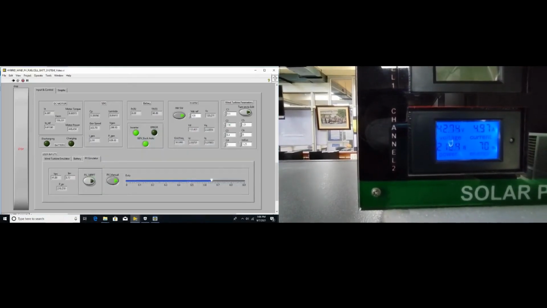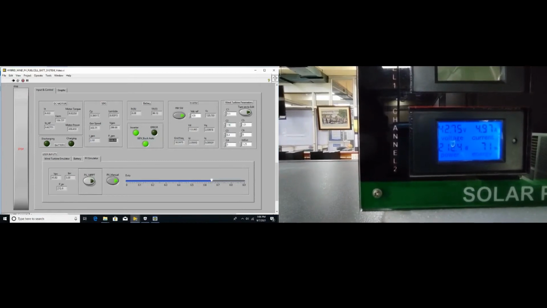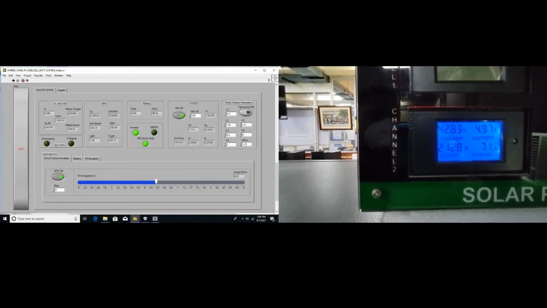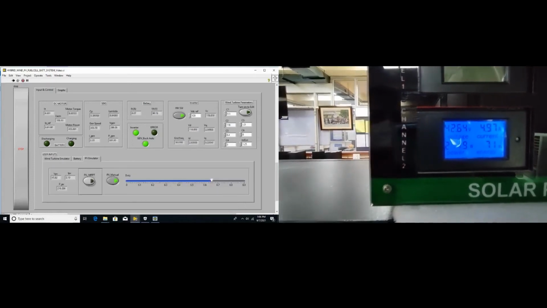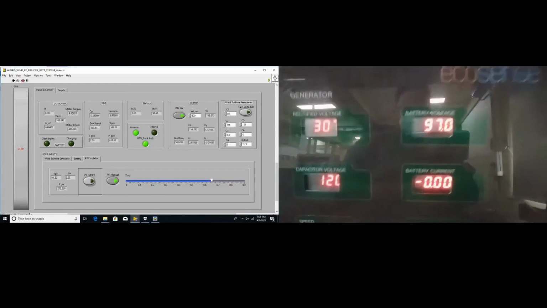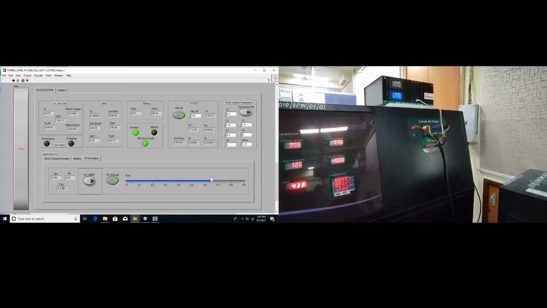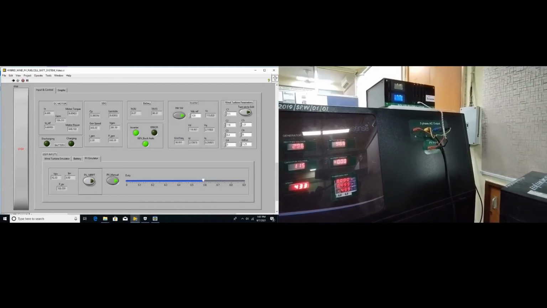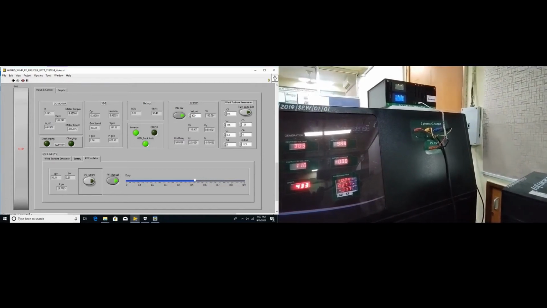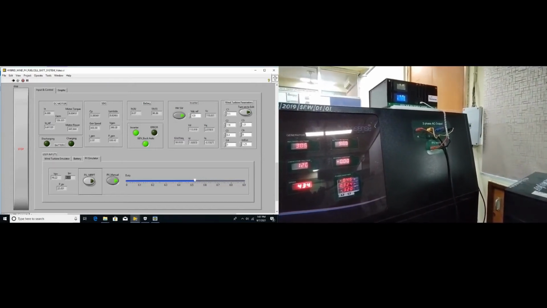We can also see the voltage and current values in the measurement panel of the software. Coming back to the measurement panel, we can see now almost 500 watts of power is going towards the grid, out of which 315 watt is generated by wind emulator and the remaining power is generated by PV emulator.